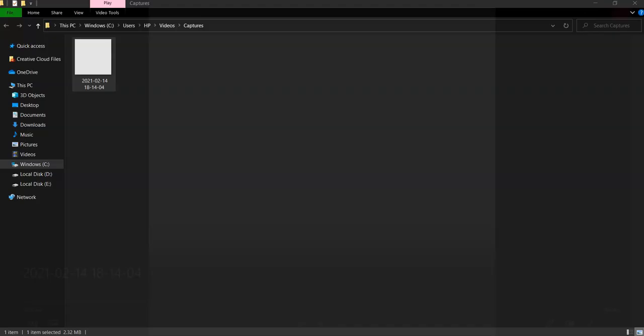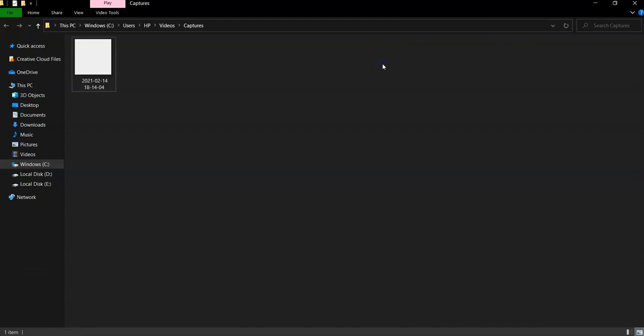It will start recording. So this is the amazing feature of Windows by which you can simply record the screen without installing any external software. So these are the best shortcut keys that you came across in the Windows software.